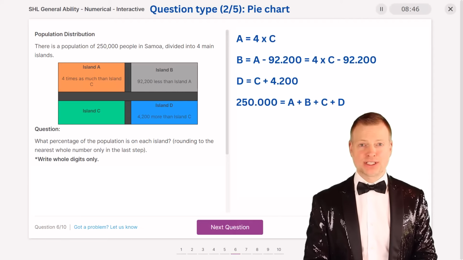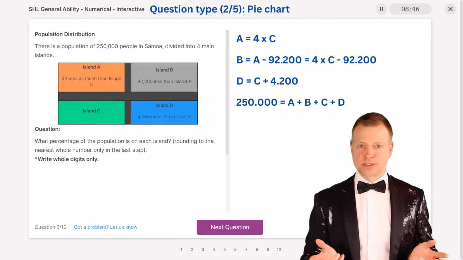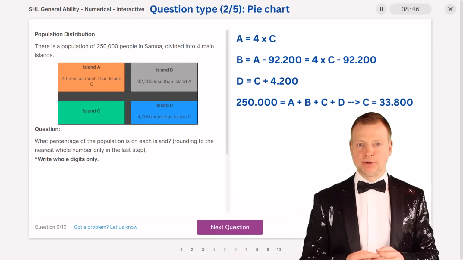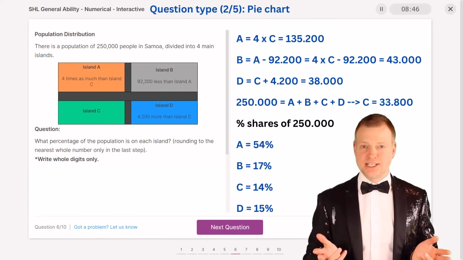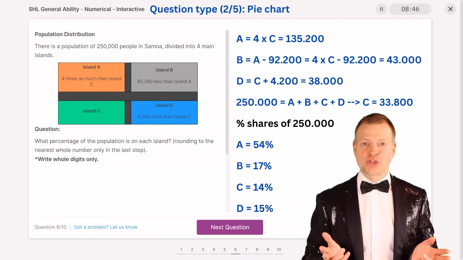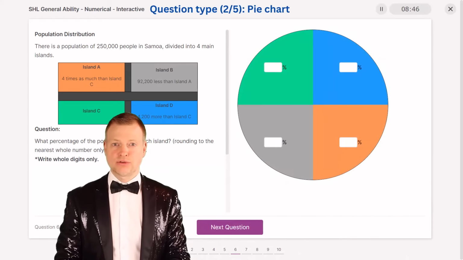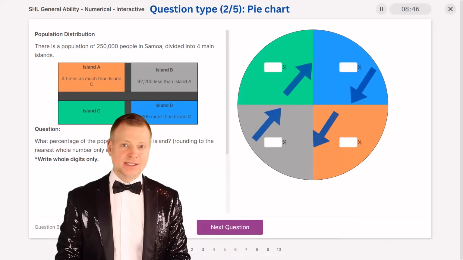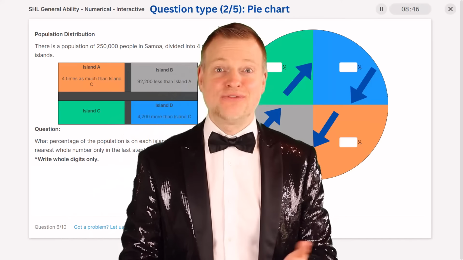The necessary 4th equation is given as the sum of the 4 island populations, 250,000 equals A plus B plus C plus D. Now plug in the other equations into the 4th one and solve for C, which equals 33,800 people. Then compute for the other populations. Remember, eventually you need to fill in the percentage shares of the Samoa Island populations, so you still need to divide each individual population by 250,000 to obtain the 4 answers to the question. Note that in the actual test, you do not need to fill in these blanks, but instead drag the lines between the 4 pies to set the correct 4 figures. Believe it or not, for this dragging feature, this test is called